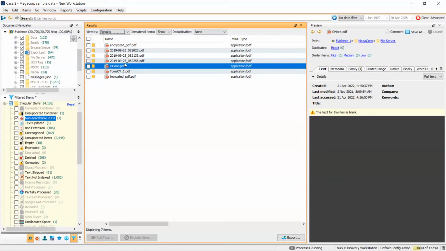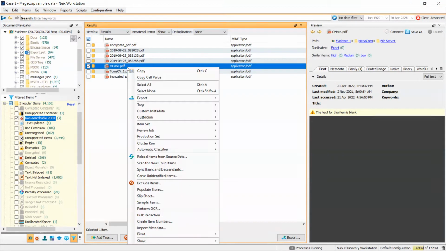if I click on this OCR PDF, you can see on the preview section here that the text is missing. The text tab shows you all the text extracted. So in order for you to have this text preview here, you might need to perform OCR, right? What you can do is tick this PDF, right click, and perform OCR,